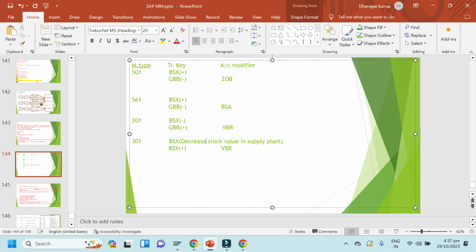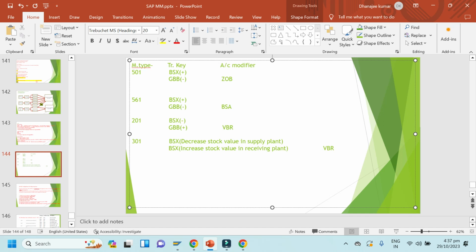Decrease stock value in the supply plant, or here increase stock value in the receiving plant.